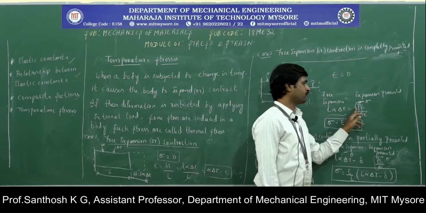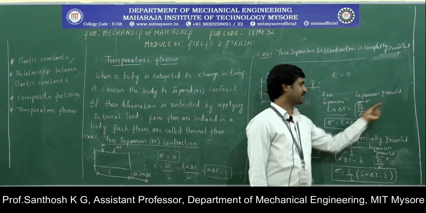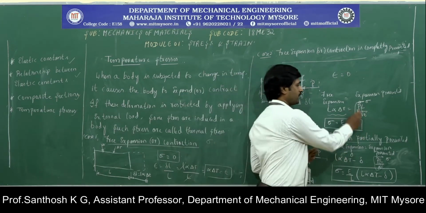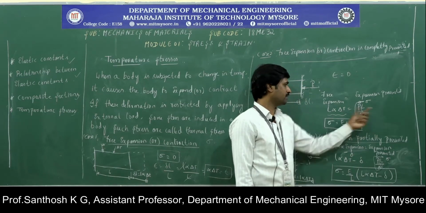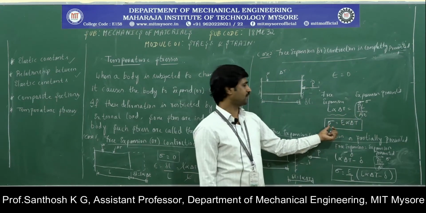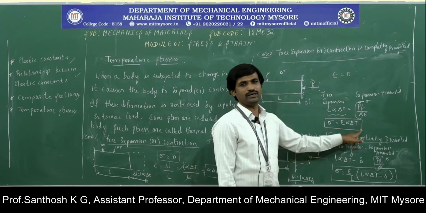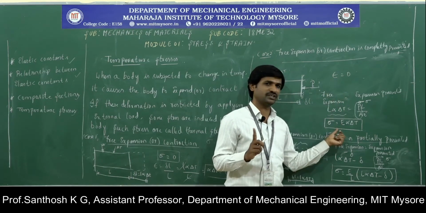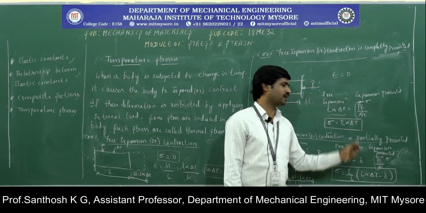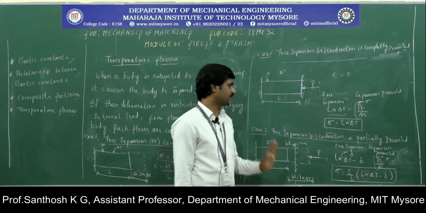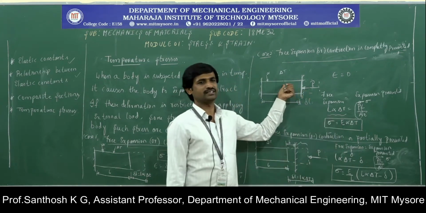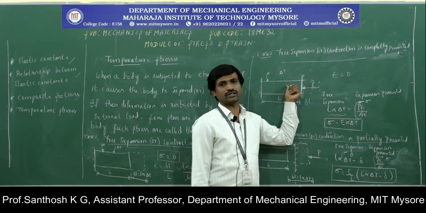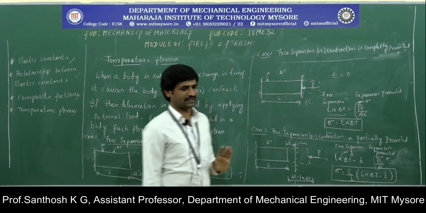So if we have a force P, the amount of expansion prevented can be calculated by using the equation PL divided by AE. Now we can replace P by A with the term sigma, and if you simplify this equation, we will get the expression for stress as E alpha delta T. So for case 2, the amount of strain induced in the member will be 0 and the amount of stress induced will be equal to E alpha delta T, where E represents the Young's modulus of the material from which this member is made and alpha represents the coefficient of thermal expansion of this material.